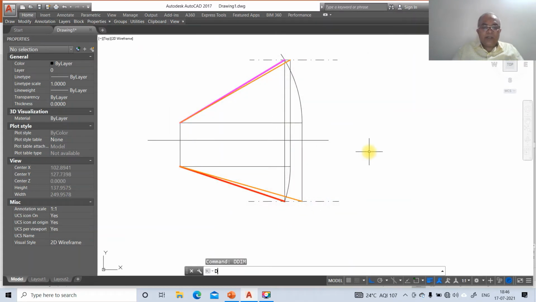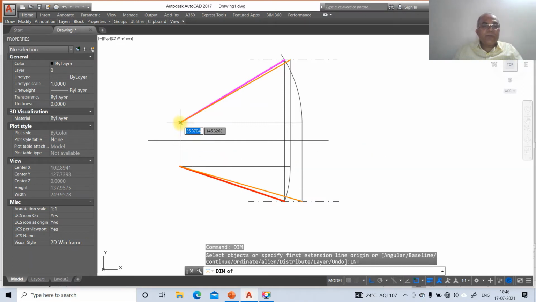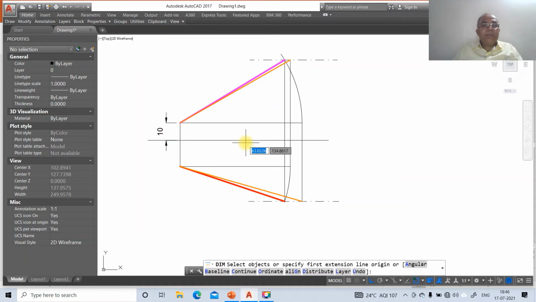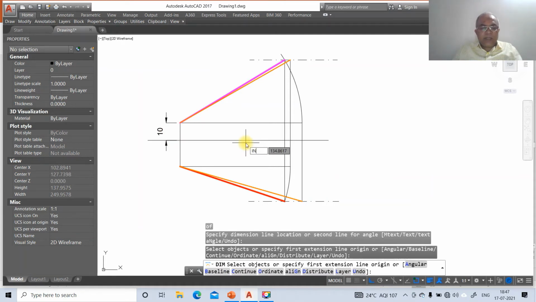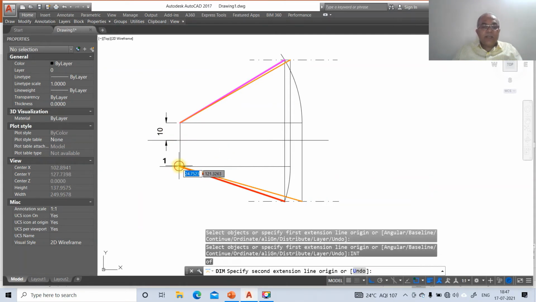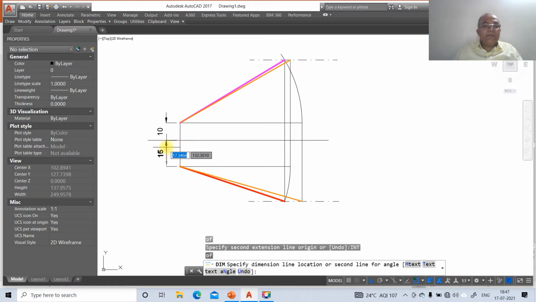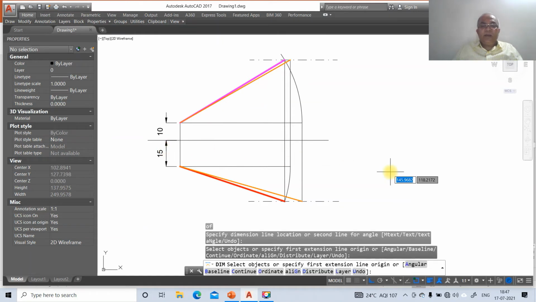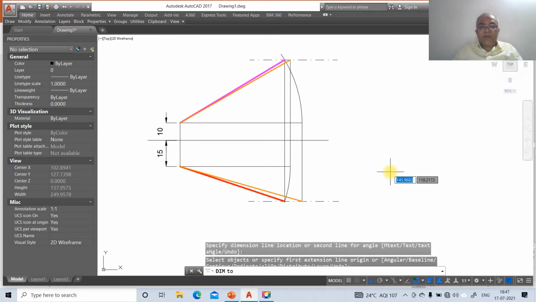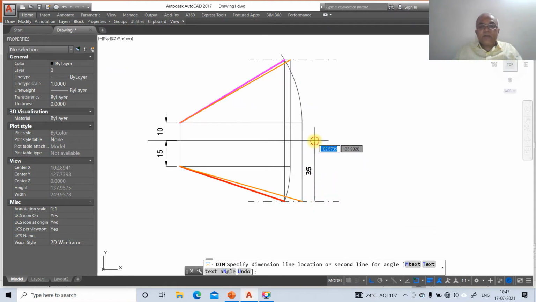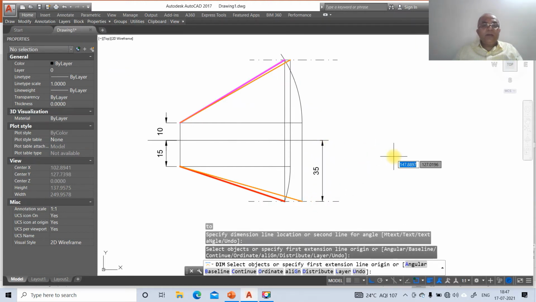Now we go for dimension, then take intersection point of these two, and you will get 10 mm. Then here again you take int of this and take int of this, so you'll get 15. Then you take nearest point on this and take perpendicular to this, so you'll get 35.